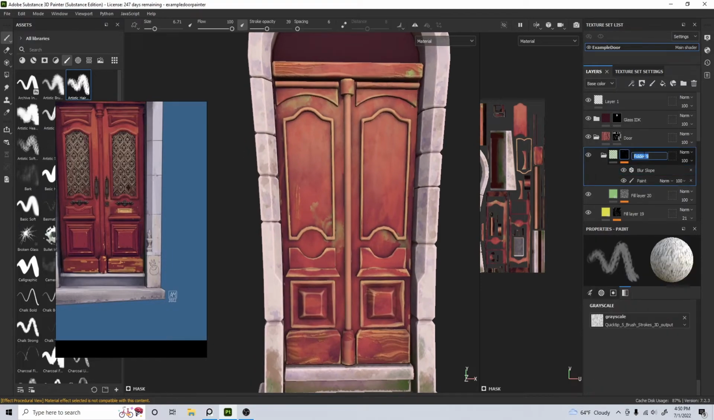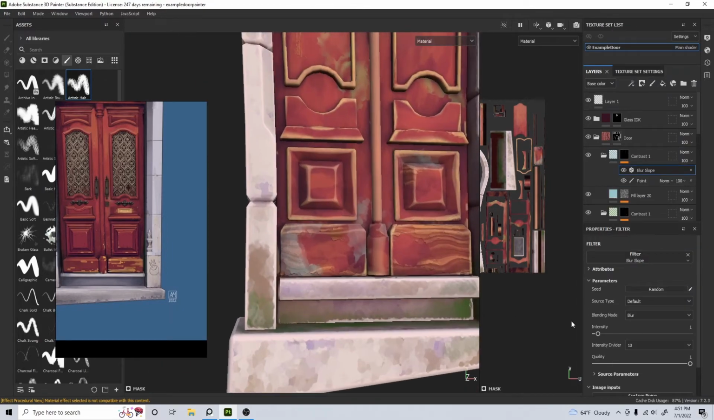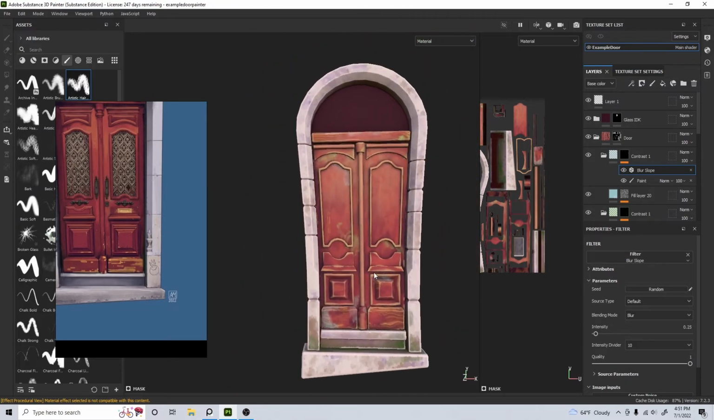And then I'm going to label this folder contrast 1. And then I'm going to do the exact same thing with a different color. Filter, blur slope, perfection. And once you've done a few contrast colors,